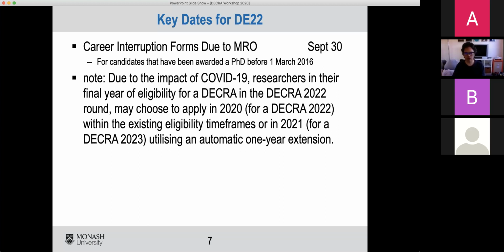This year, they've got a specific extra year of eligibility, which they've added on for basically people who are making their run right now to go towards application in the round which closes at the end of this year and have been disrupted because of that. So they're adding an extra year of eligibility.